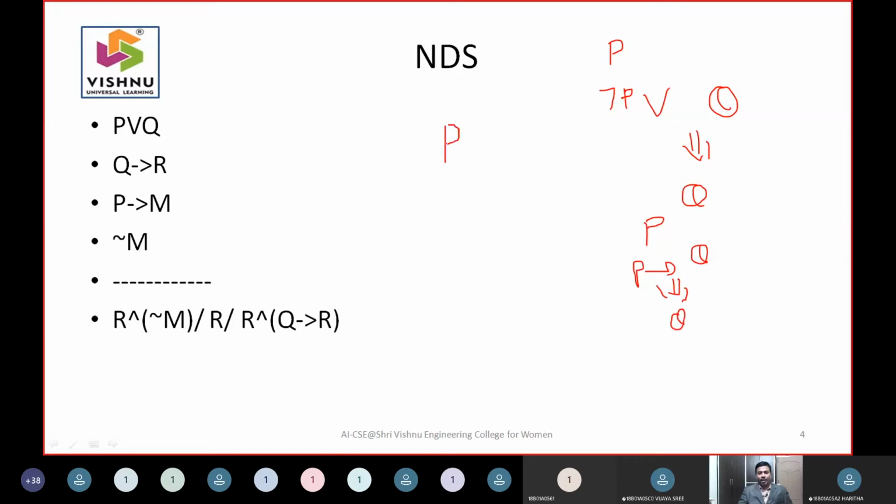Like you have two statements P and Q, I can take either P or Q. I have a statement called P. Then I can add some statement like P or some Q. You can add any number of statements because you are doing only ORing. So this is called addition. That is called simplification. This is modus ponens. So many other rules are there. So we have to write about all the rules when people ask you about NDS.